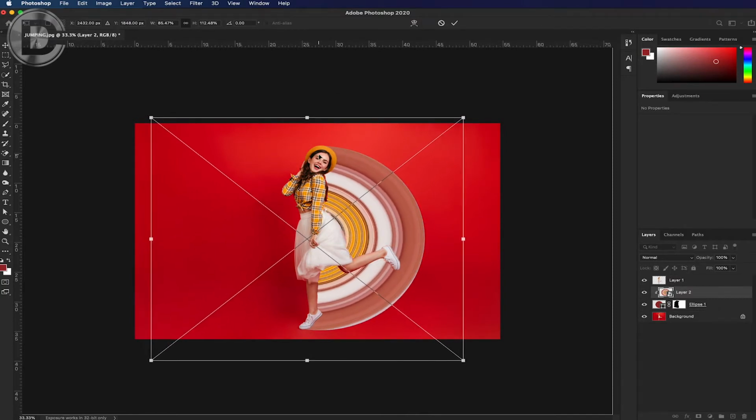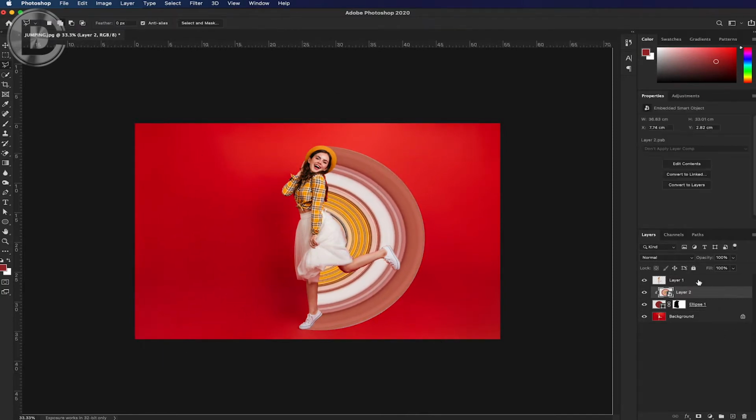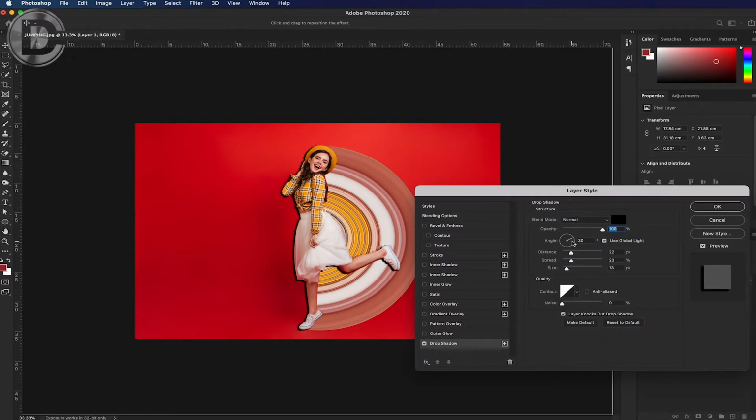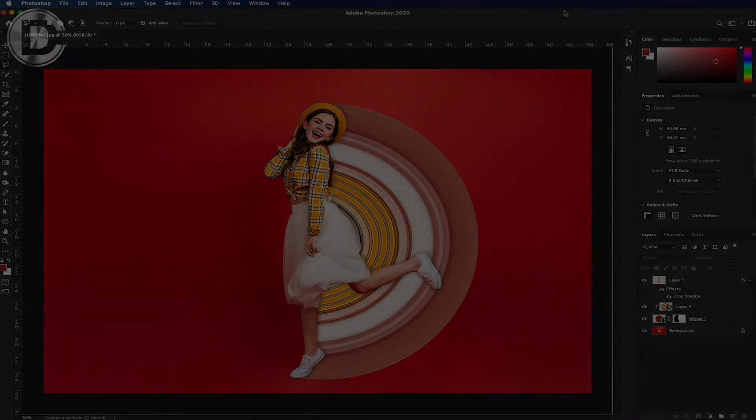In this Photoshop tutorial I am going to show you how you can create this circular stretch effect in Photoshop by using some selection tool, mask feature and polar coordinates effect. So how are we going to do that? For this, let's get straight into the video.